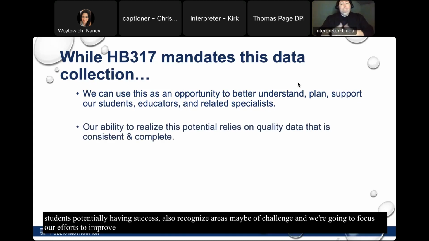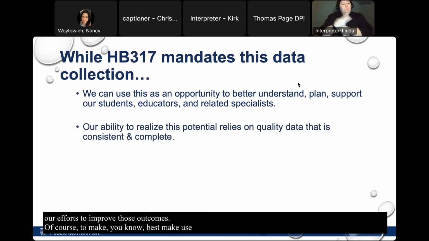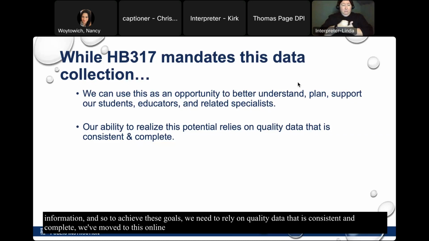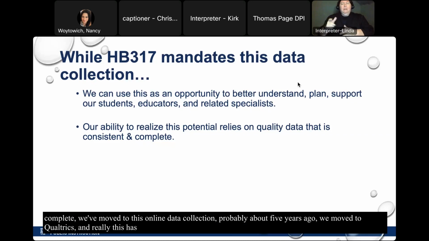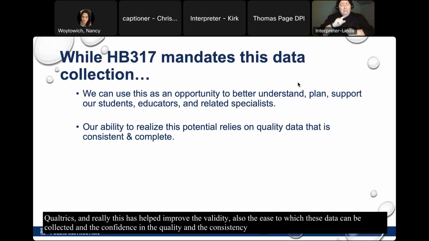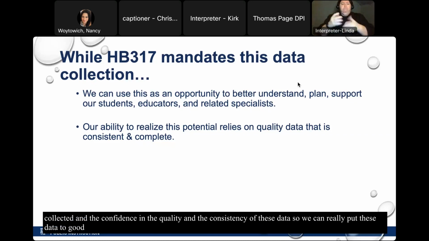Of course, to best make use of these data is to have good data, to have good information. And so to achieve these goals, we need to rely on quality data that is consistent and complete. We moved to this online data collection probably about 5 years ago. We moved to Qualtrics, and really this has helped improve the validity, both the robustness, and I think also the ease with which these data can be collected, and the confidence in the quality and the consistency of these data,